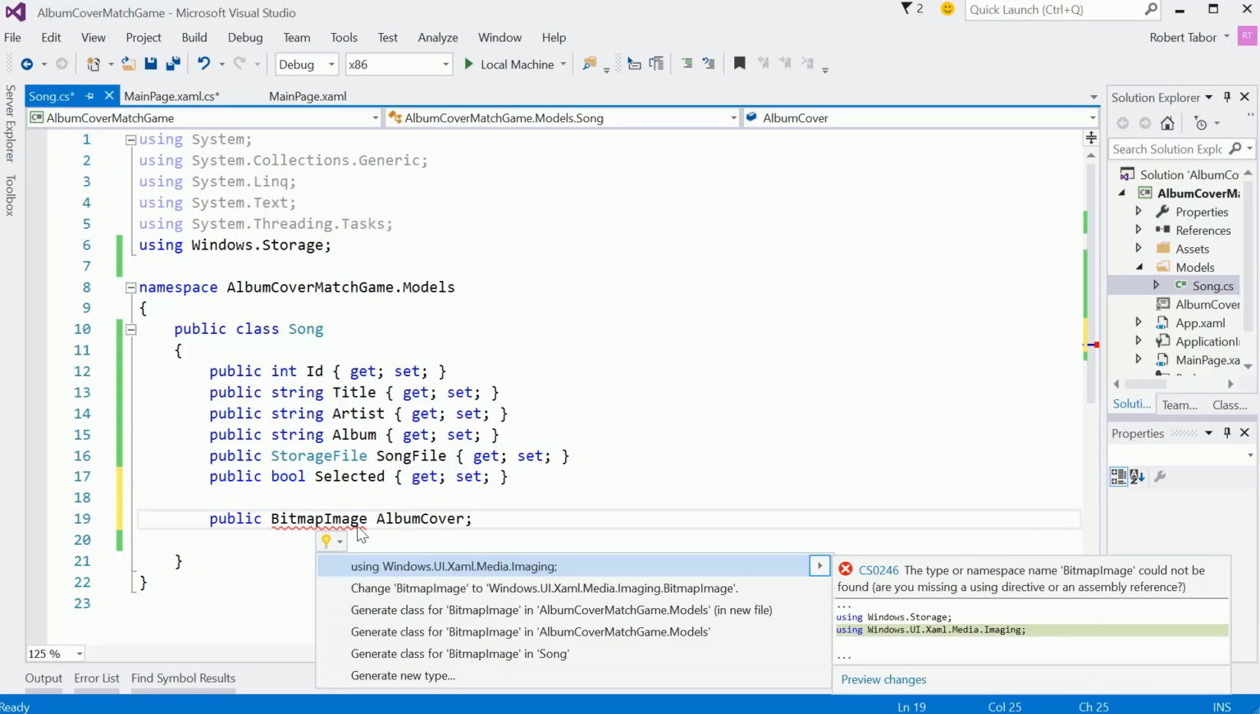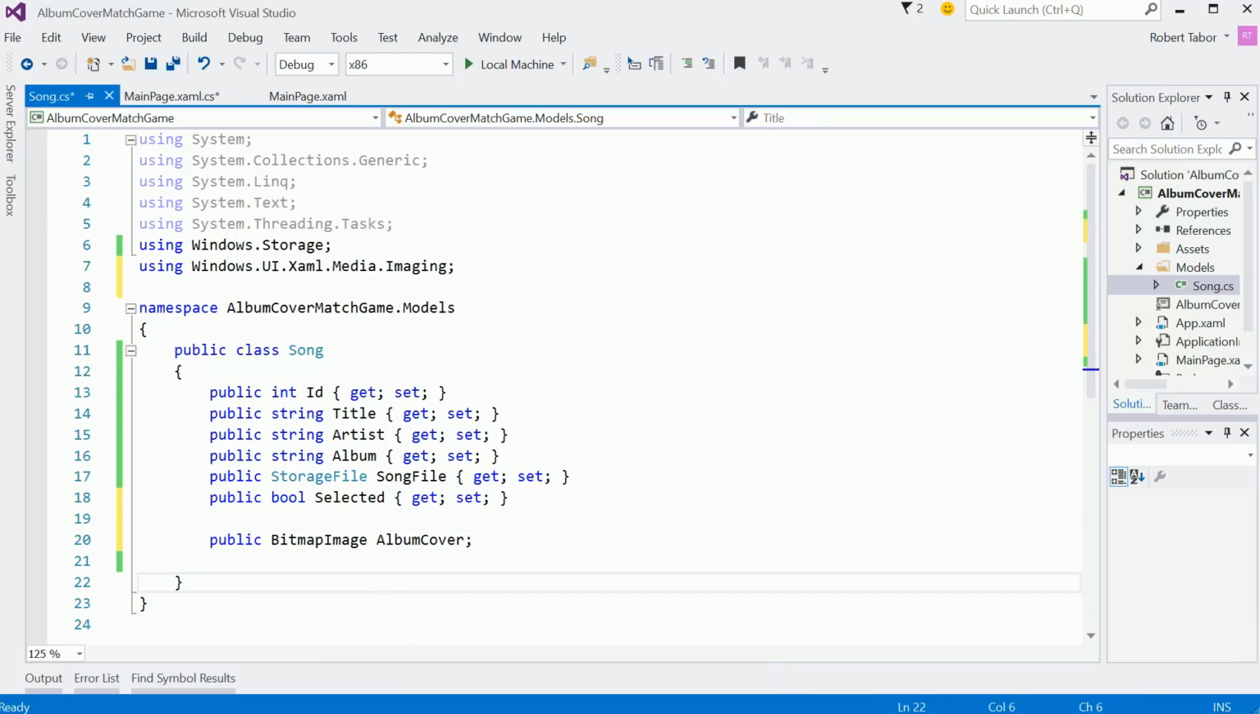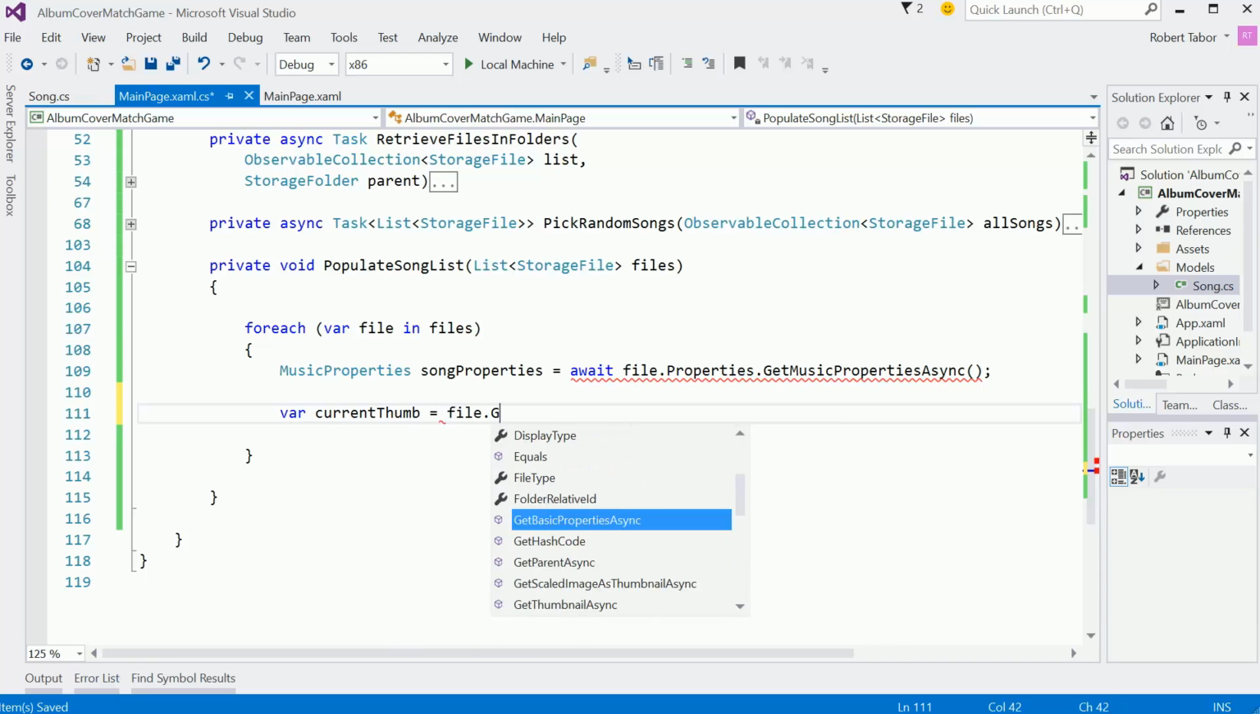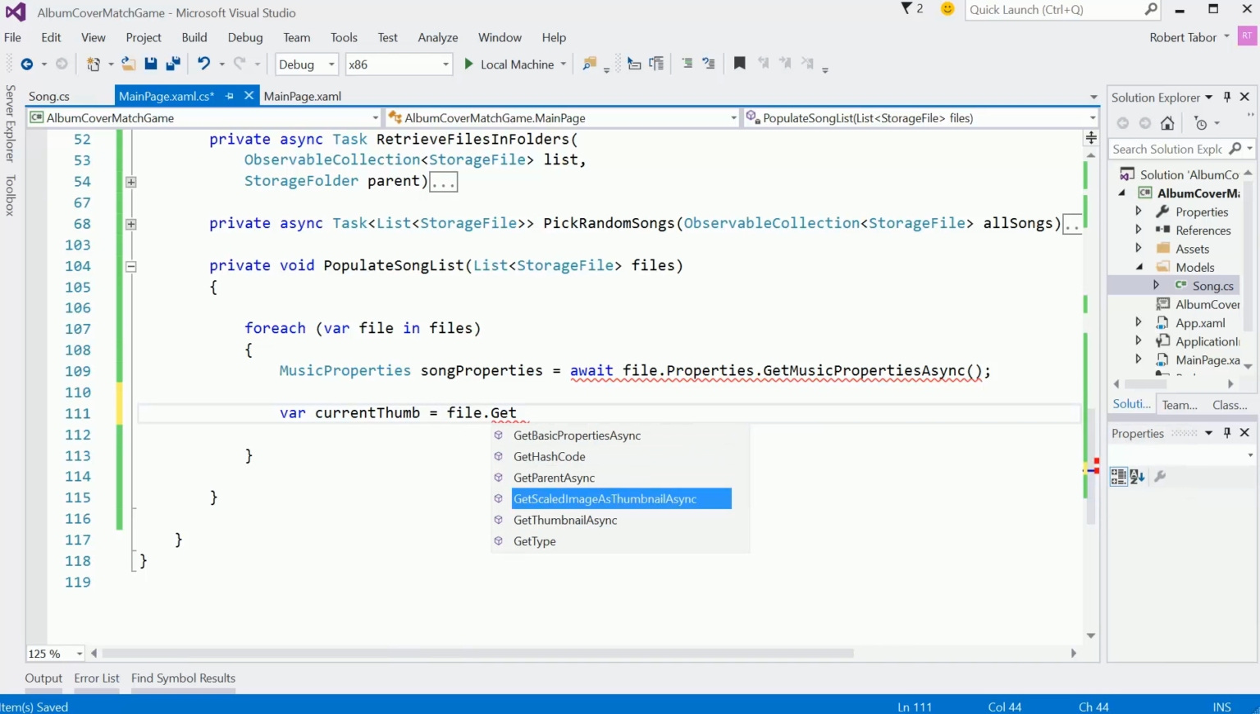Bitmap image that I'm calling album cover so I can save it off. Great. As a property. So let's grab that first. So I want a thumbnail. And so I'm going to go file.GetThumbnailAsync